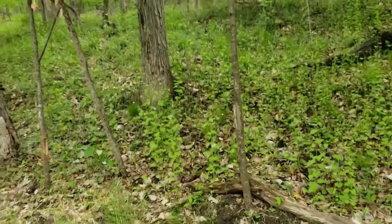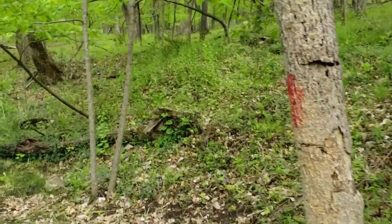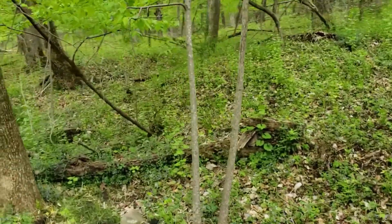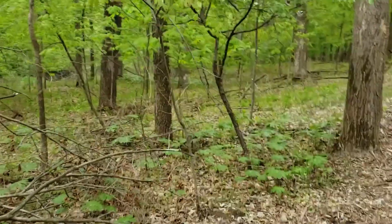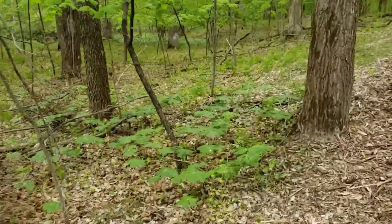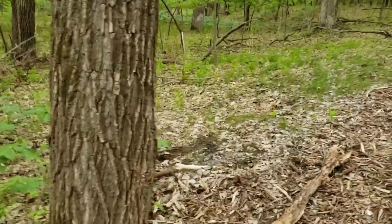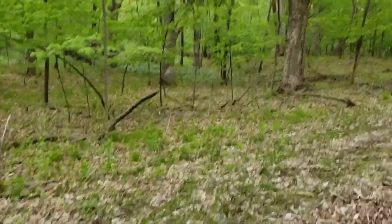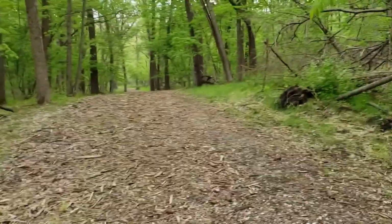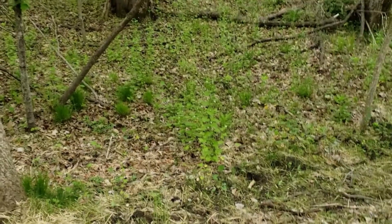So if you are aware of anywhere that has a showy orchis, or if you think you might have one and are interested in having someone clarify or determine if that's actually it, feel free to let me know. I really want to see one. I haven't seen one before, like I said before, and they are really cool looking. So yeah, but I will still chronicle anything else that I see along the way, including a ton of garlic